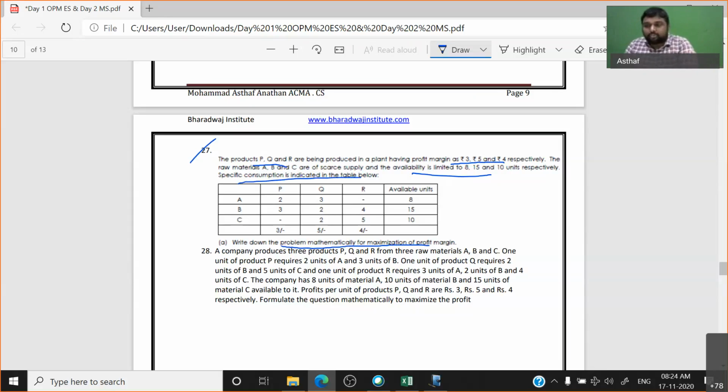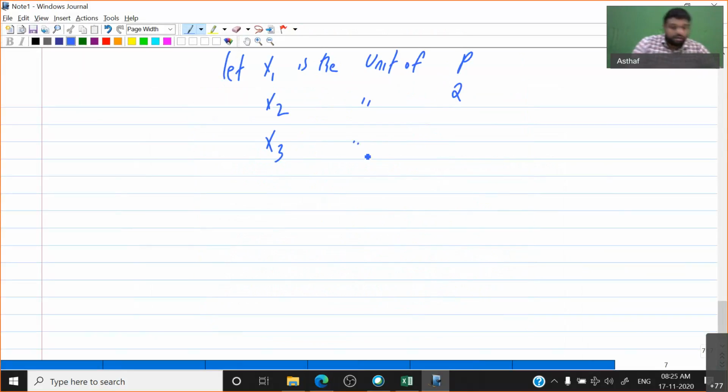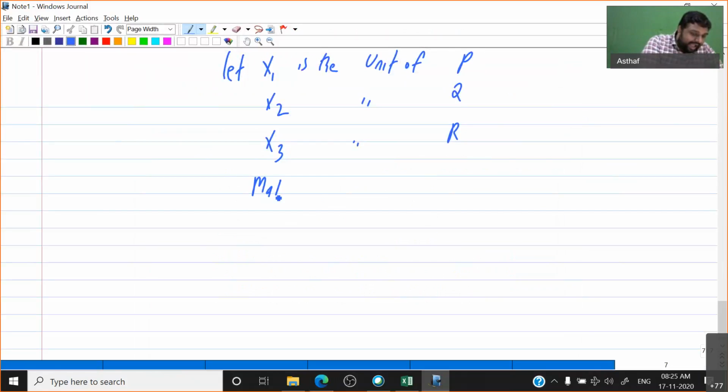So we will start. The products are P, Q, R. Let X1 be the unit of P, X2 the unit of Q, X3 the unit of R. So what is our objective? We have to maximize. Maximize Z equal to